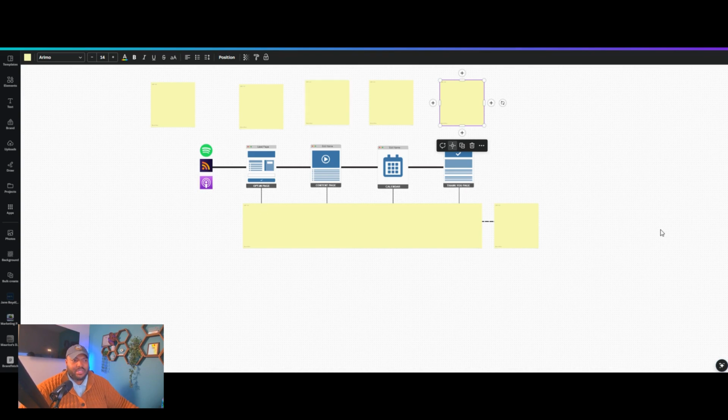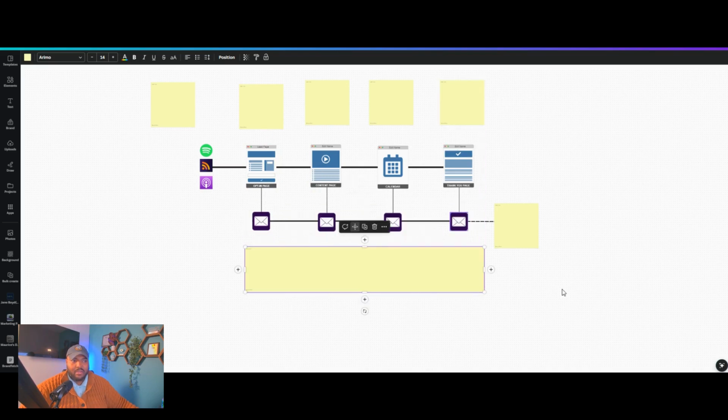At each one of these steps, people are going to fall off. Okay, so you're going to get your highest uptake here, right? You may get 100 listeners and 20 of them say, yep, I'm going to download that thing. And only 5 of them go to the content page, right? So what do we need? Well, we need to create emails that kind of follow up and say, hey, this is what this thing is. This is why it's great. And this is the value that I can offer you.